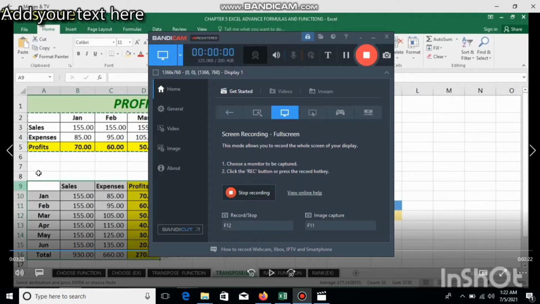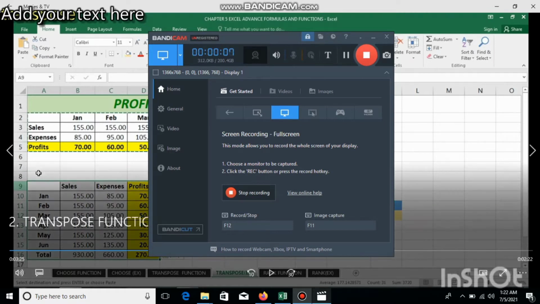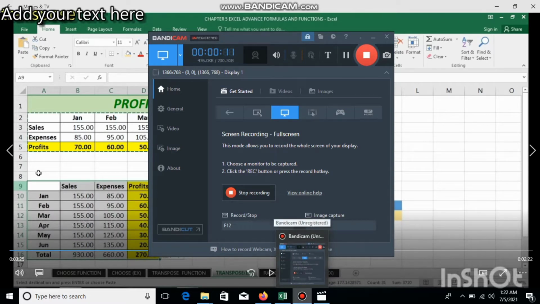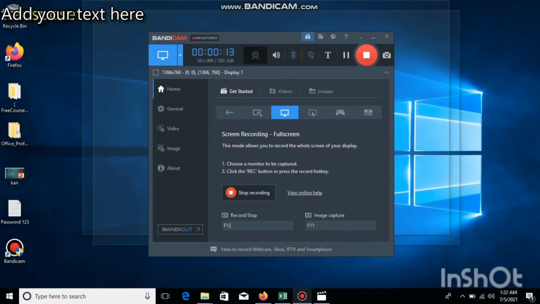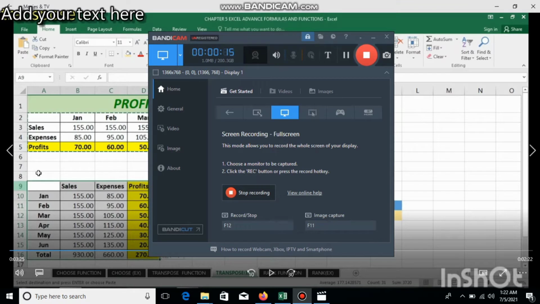Hello, hi guys. We are going to learn a new topic today, which is the transpose function. Basically, this deals with a situation where you have entered data horizontally and now you have to make it vertical.